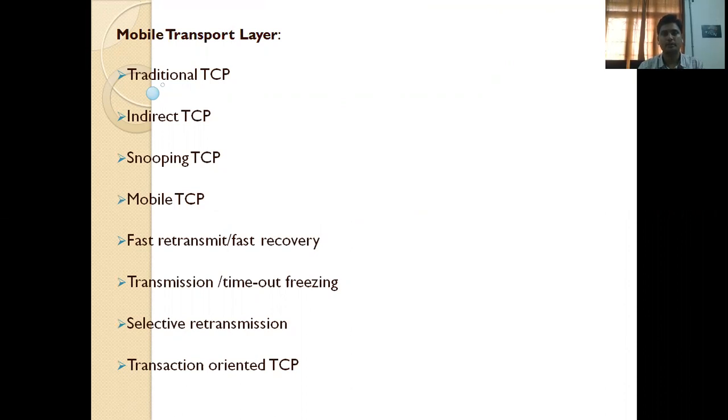In the first part, the mobile transport layer, we study these topics: traditional TCP, indirect TCP, snooping TCP, mobile TCP, and fast retransmission and recovery, transmission and timeout freezing, selective retransmission, and transaction-oriented TCP. So these topics we have to cover in the first part of the unit number 4. So traditional TCP and all related to the TCP.